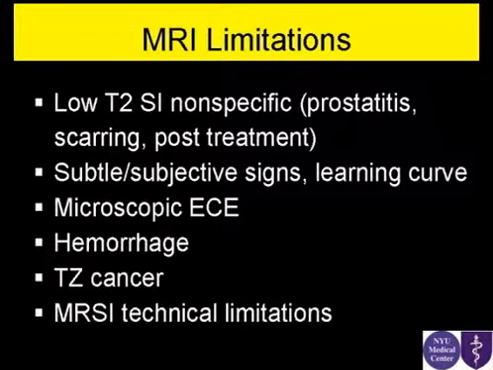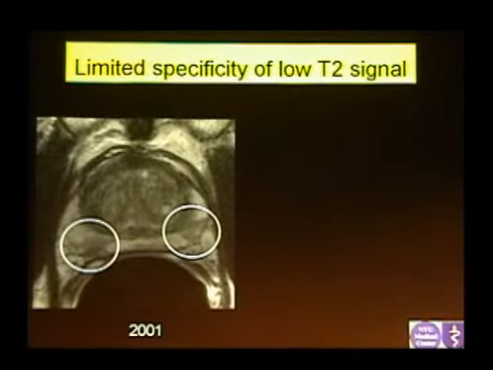Hemorrhage is also a big pitfall, and I'll show you an example. And TZ, or central gland cancer, is also difficult to diagnose with conventional MRI, and also with spectroscopy. And you have to know some technical limitations for spectroscopy. So this is an interesting case. A patient came in 2001